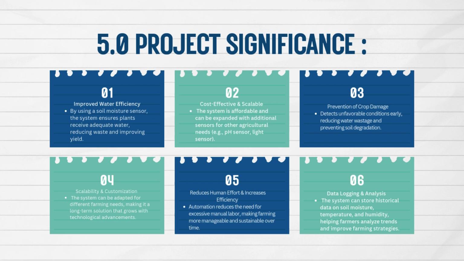Next, prevention of crop damage. Prevention of crop damage means detecting unfavorable conditions early, reducing water wastage and preventing soil degradation. For example, if the temperature becomes too high or the soil moisture drops too low, the system can send a notification to the farmer's phone via the Blynk app. In severe cases, it can automatically start irrigation or activate a cooling system, such as misting